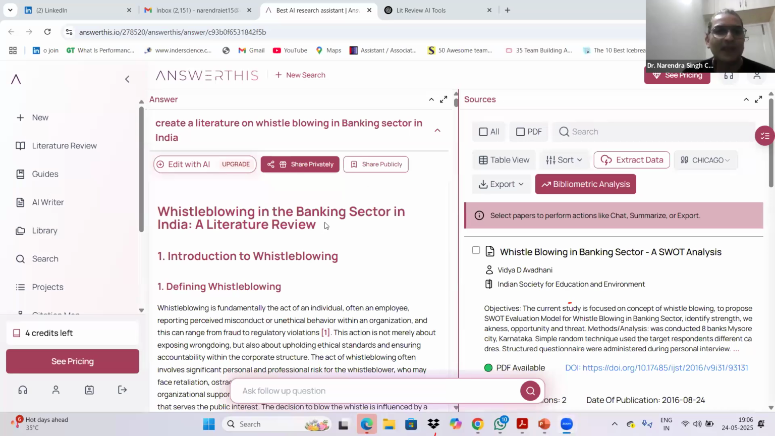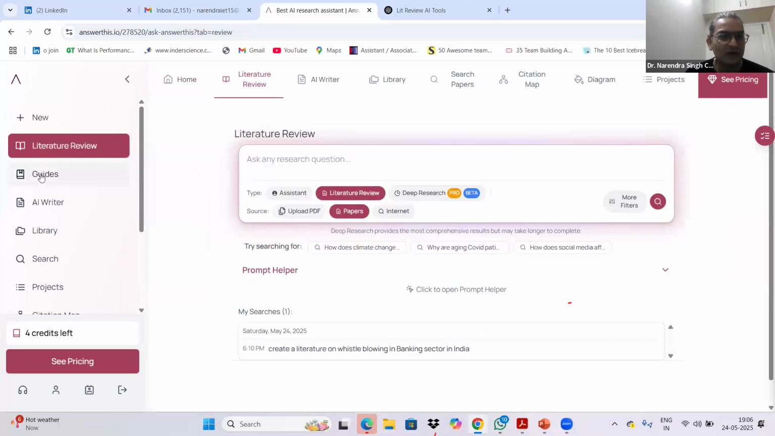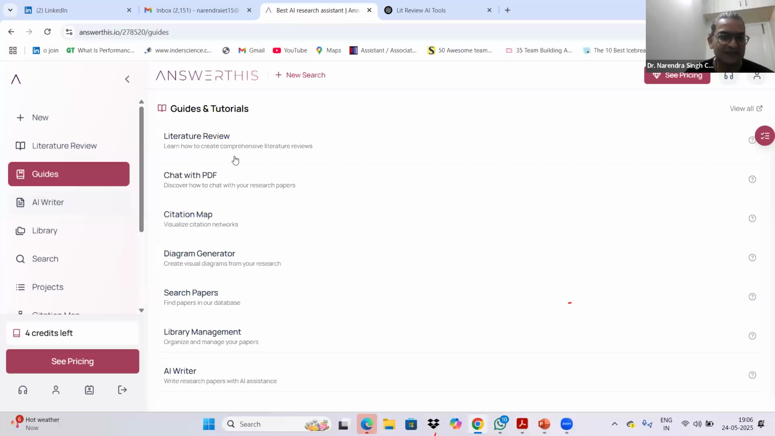Okay. Now see, I gave a command, all right. Create a literature review on whistleblowing in banking sector in India. Already I have published my papers over here, but just for exploring it. So what I'm doing now, see, can you see all these headers here? For example, I want to create something new. So there I can give a prompt, right? I can go for the literature review. I can go for the guides. I can go for, for example, chat with PDF. So what you can do, you can just upload your PDF, and then from there you can identify that, okay,